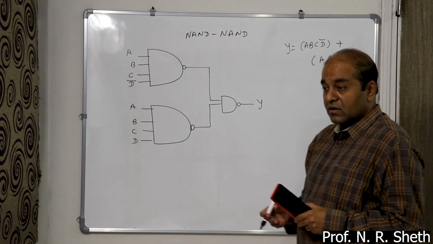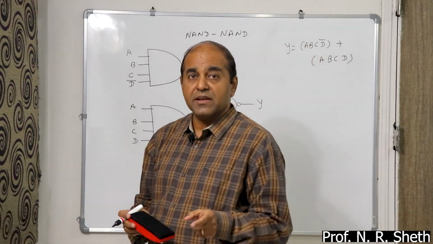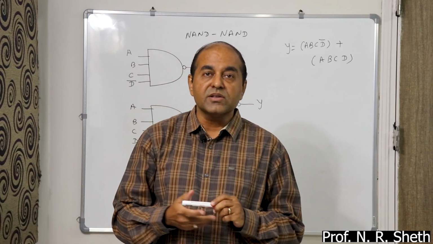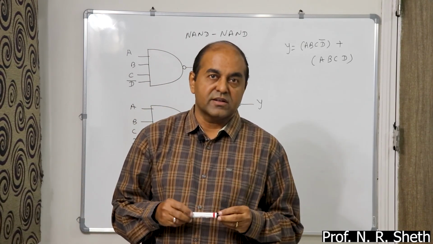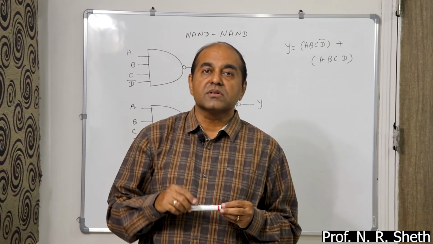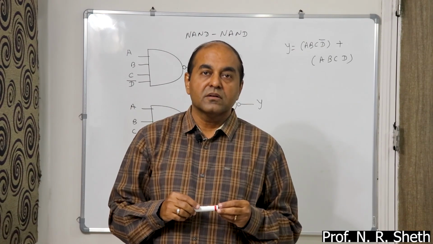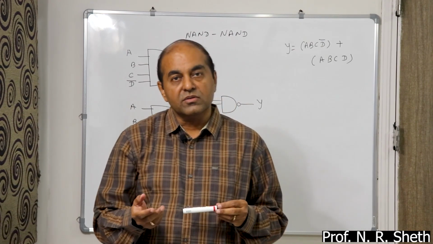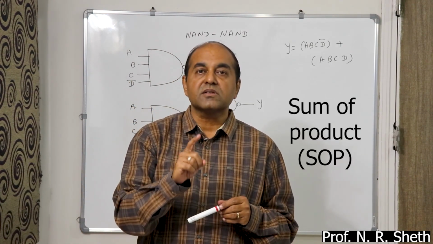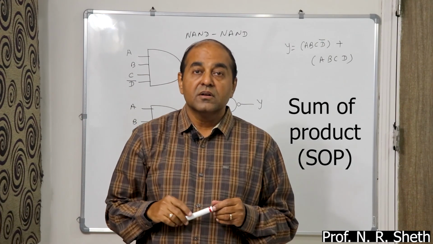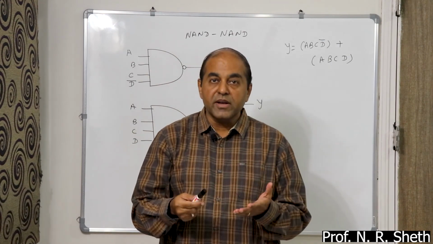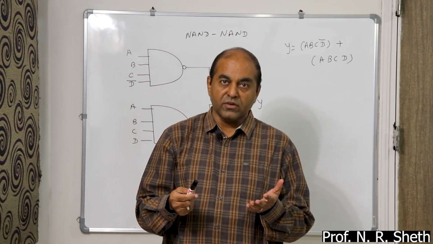Okay, so this is the second method through which we have reduced the size of digital circuits. Now in the next lecture, I am going to discuss the third method by which we can reduce the size of Boolean equation. So in today's lecture, we have discussed sum of product method that is very useful when the size of circuit is 3-bit or 4-bit. Okay, thank you.